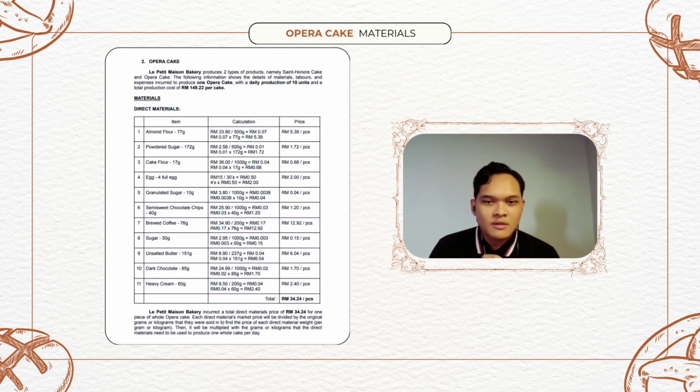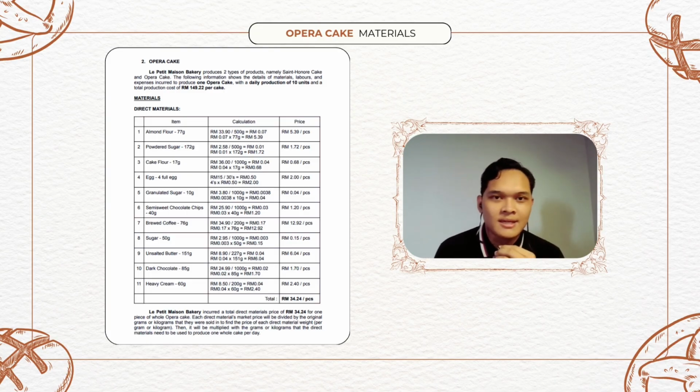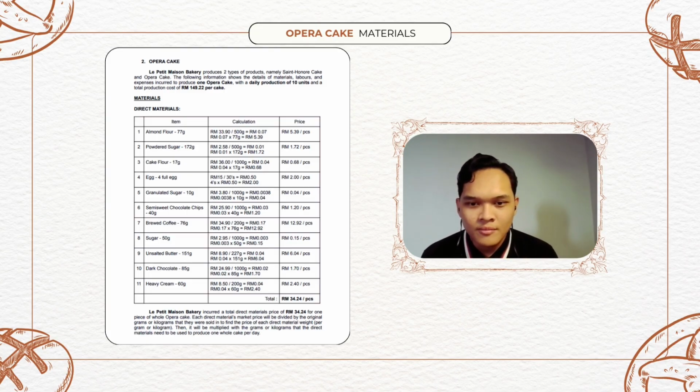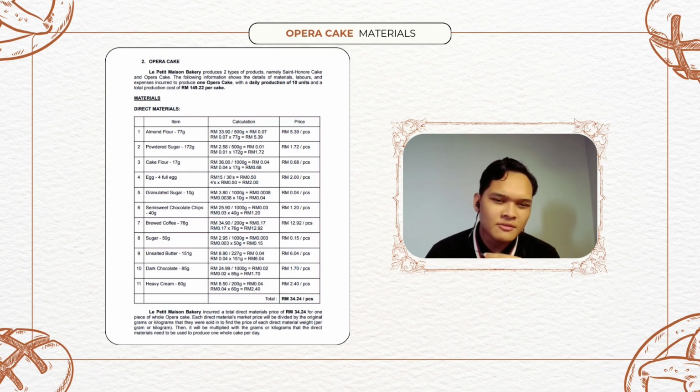Moving on to our second product, which is the opera cake. To produce a single whole opera cake, we utilize 11 key ingredients. We calculate the cost of each by breaking down bulk market prices into the exact grams or units used per cake. So the most significant contributors to our material costs are brewed coffee, which weighs around 76 grams,